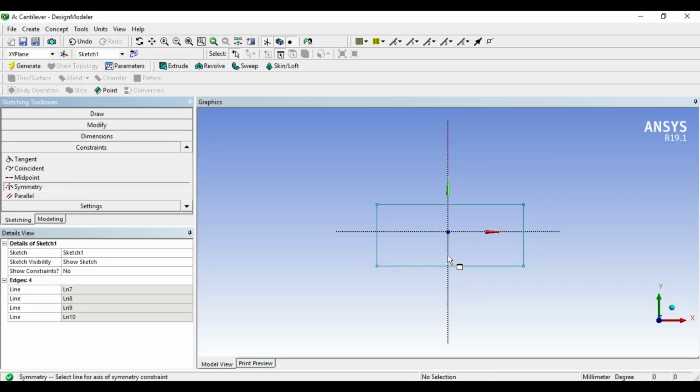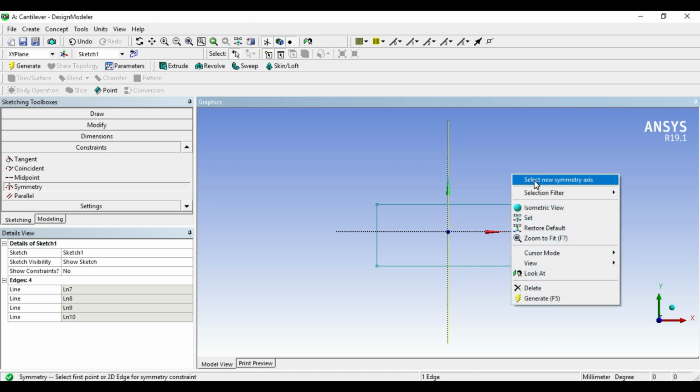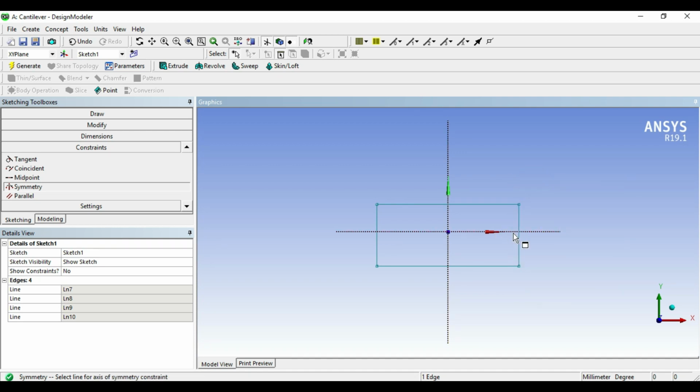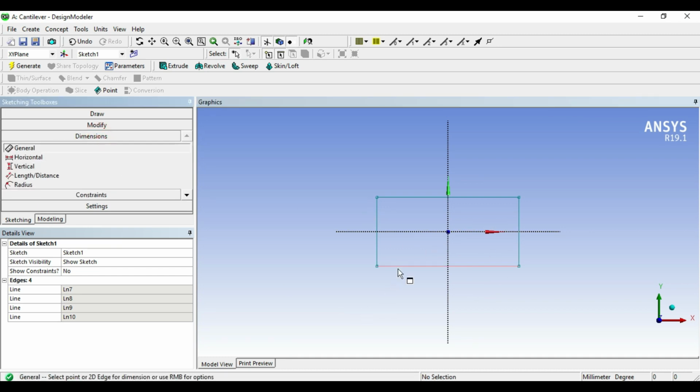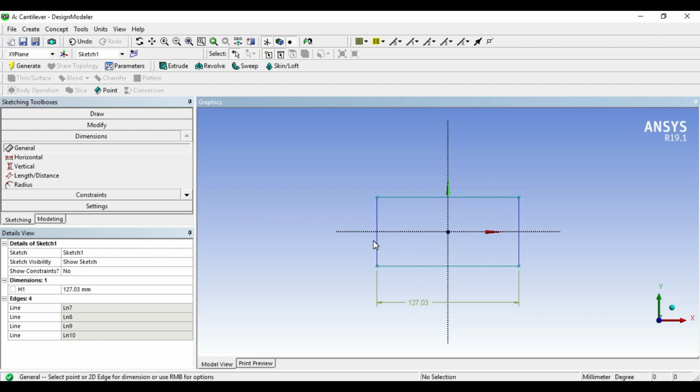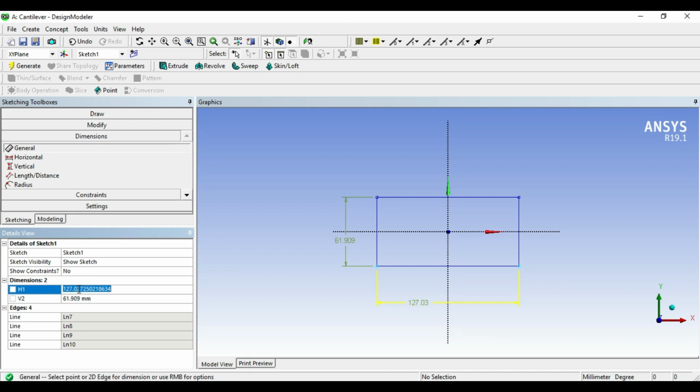Select this axis, then select these two vertical lines, then again right click, select a new symmetry axis, then select the horizontal axis, and again select these two horizontal lines. In this way we have made it symmetric about both axes. Then give the dimensions. Your width is 50 and your height is 10. Change the dimensions from the table. Your H1 is 50 and height is 10, right?